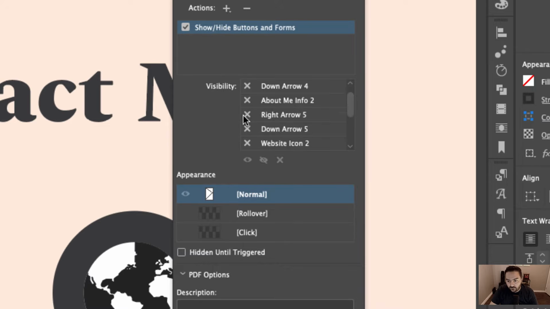So we're working with 5 now. Let's hide that. And then pretty much we're going to show everything else. So we're going to show the down arrow, show website icon 2, show website name, show the email icon, the name, mobile phone icon, and mobile phone.